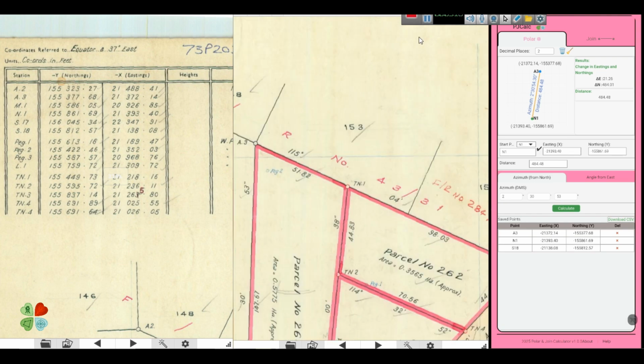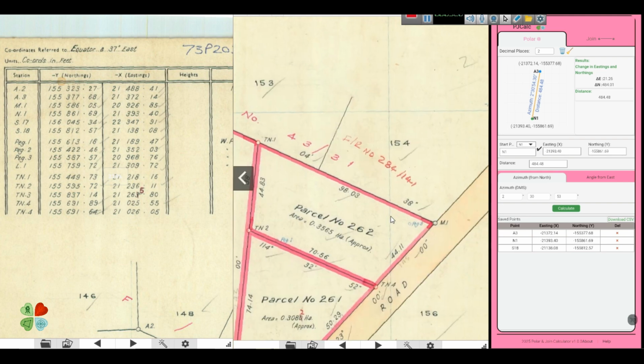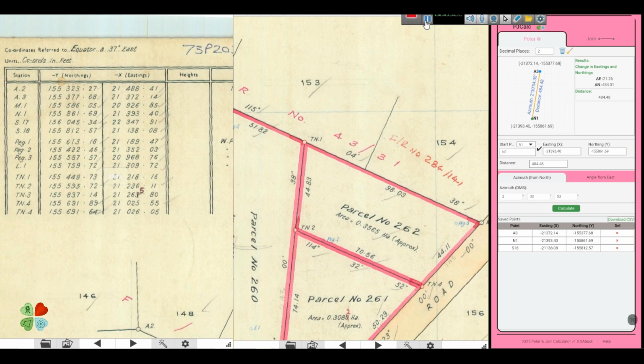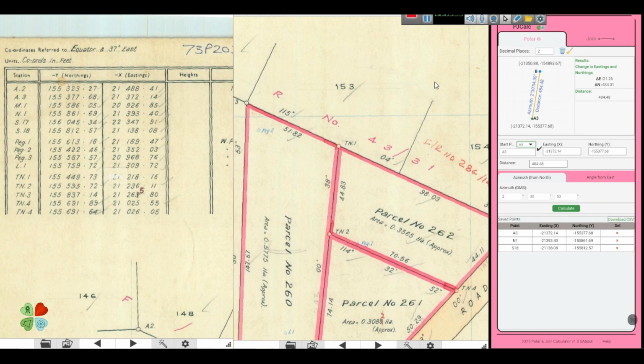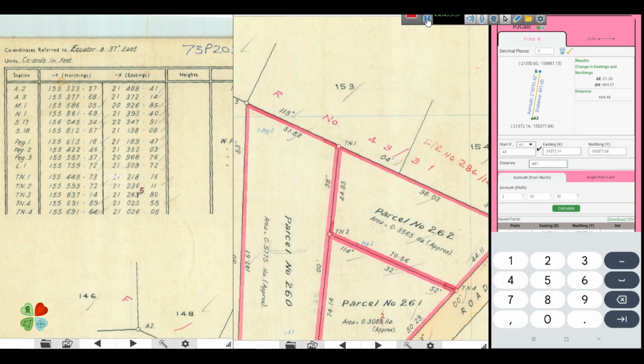Now we are moving from A3 to M1. Here you change the starting point to A3. You see, it's easy. A3. The distance is you add this and convert from meters to feet. And so the distance is 491.63